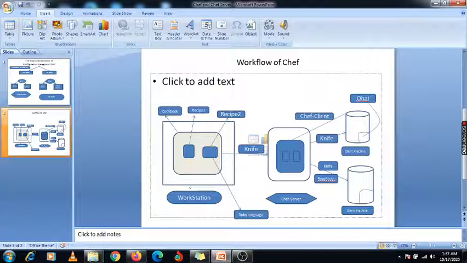So it will automatically reflect Python 2.4 when the cookbook is updated on your Chef server, which is coming from your workstation, right? Using this Chef client we can update your Ohai database.